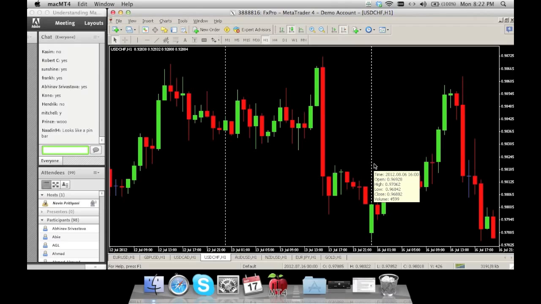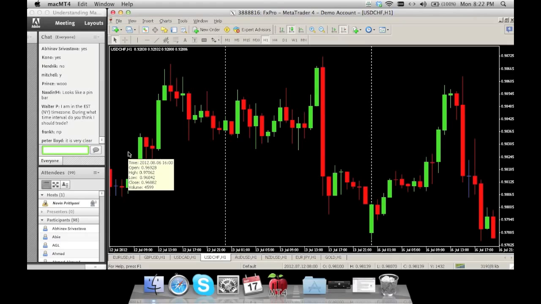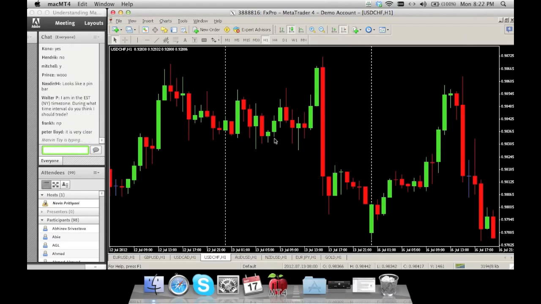Nasdeen, looks like a pin bar. It is a pin bar, but it's an upside down pin bar. Okay, that is a trend continuation pattern. Now Walter will go through all these minor questions towards the end, around 8:35 on my time. But right now, let's go to the next